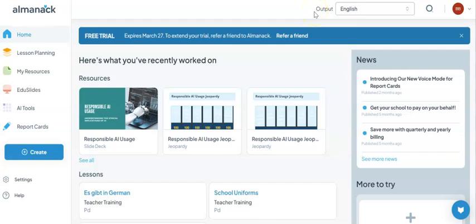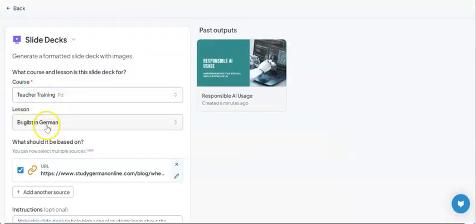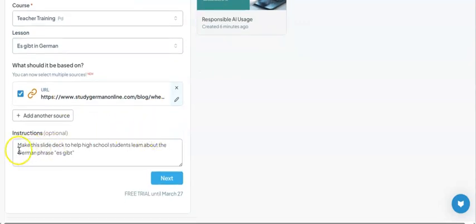I'm going to take a look at Almanack, an AI tool to use for teachers. So I'm just going to show you how you could use this to create, for instance, a slideshow. So you can give it a course, you could give it a lesson topic. I'm choosing to use the source of this information from a website, and I can certainly give it some additional